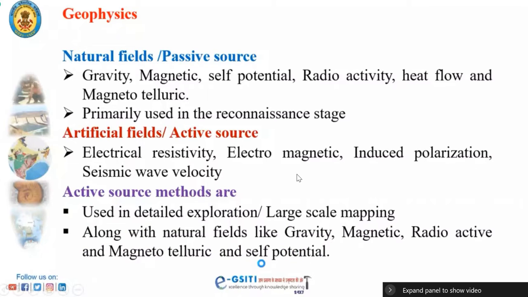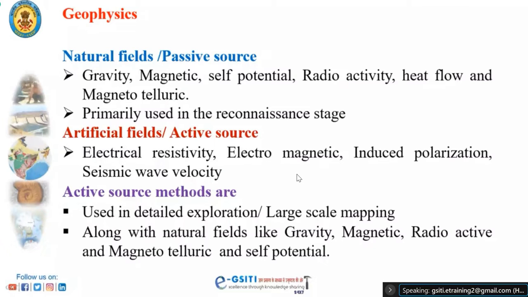So yes, there was actually a pre-recorded audio in it, which is telling you about the natural fields which are used, the rock properties, which help us understand what kind of rock is present there. These are gravity, magnetic, self-potential, and magnetotelluric properties of any rock. The artificial ones are where we are inducing some kind of electricity into the rock, and then they help us understand what kind of rock, what kind of material may be present there, because of the conductivity and also the different properties of